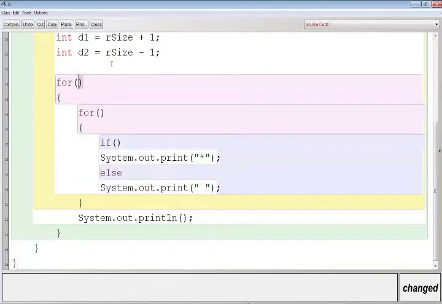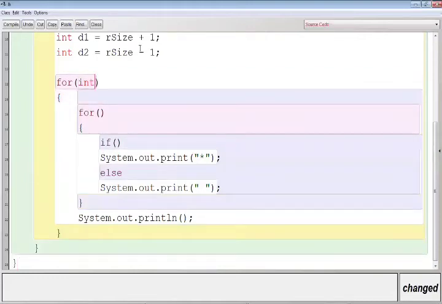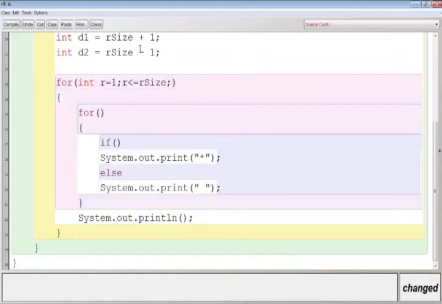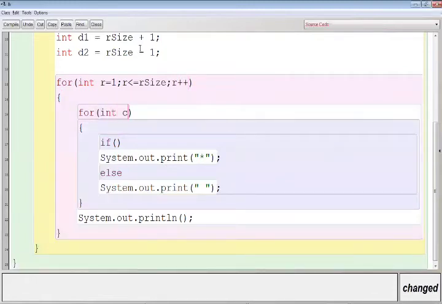Now what should be written here? int r is equal to 1; r less than equal to rSize; r plus plus. Then int c is equal to 1; c less than equal to cSize; c plus plus.